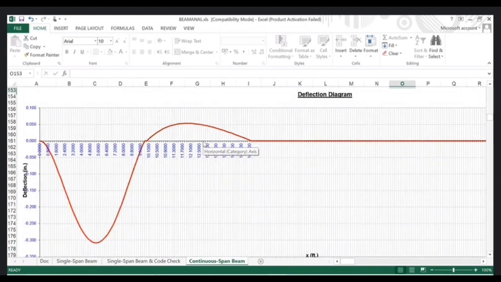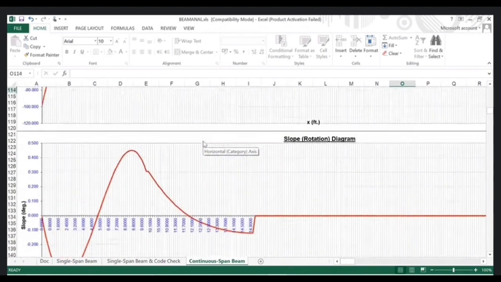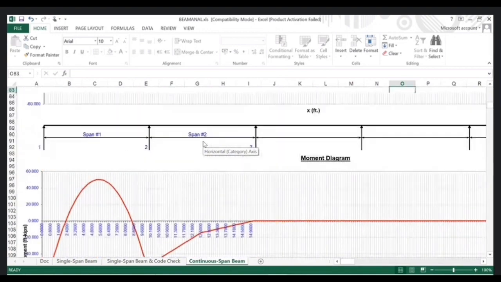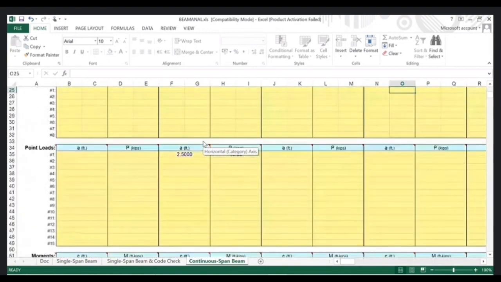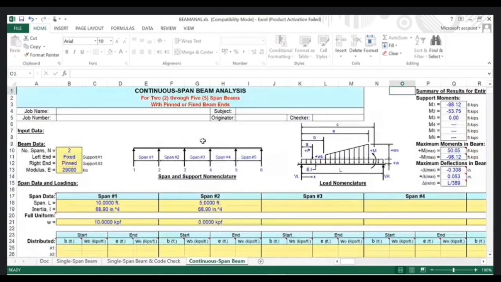For the analysis of the continuous beam, we use several methods. The first one is the slope deflection method, then the moment distribution method. The third one is the three moment theorem, Clapeyron's theorem. Then Kani's method, and some matrix methods like the stiffness and flexibility methods. By using these methods, we need very lengthy calculations to calculate the end moments as well as the shear force diagram and the bending moment diagram.